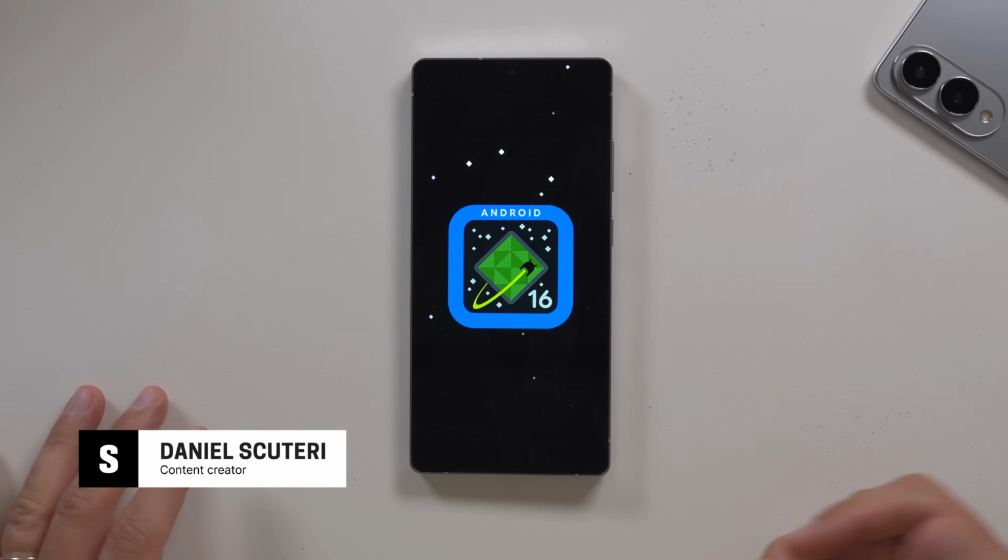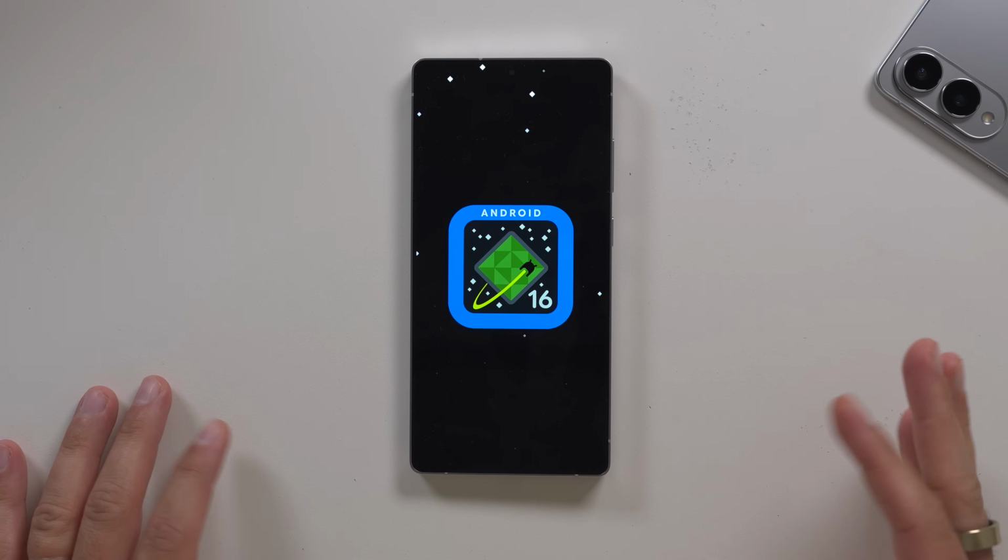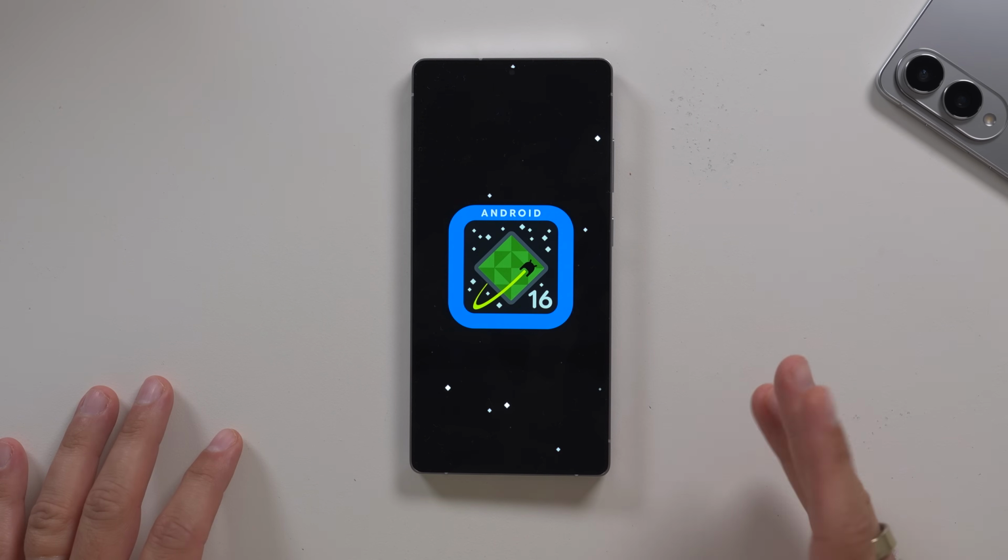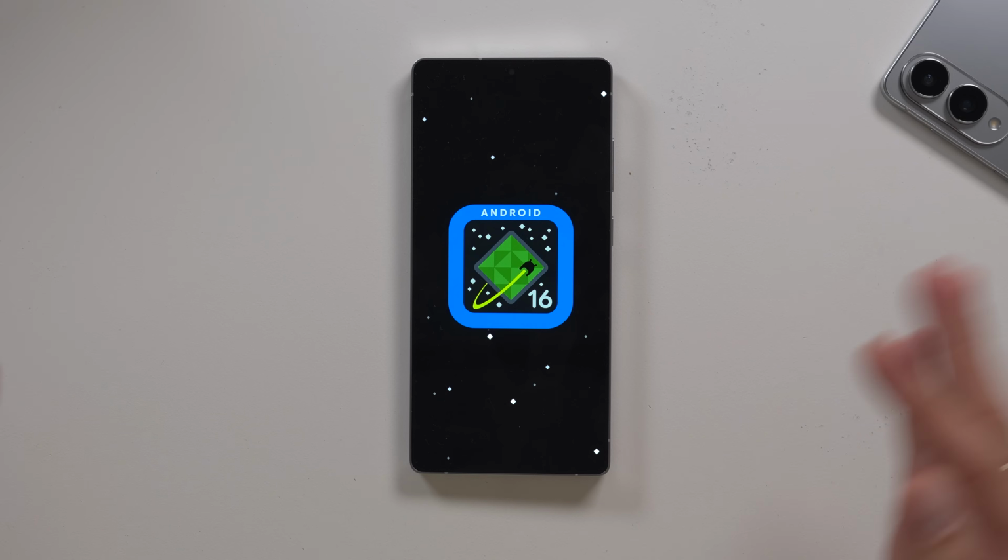You're here with Daniel. I have the latest One UI 8 build here, based off Android 16, for my S25 Ultra. There's been a few variations, and there's almost at this point some daily updates that are coming through that we managed to get and install, and we could talk to you about it.